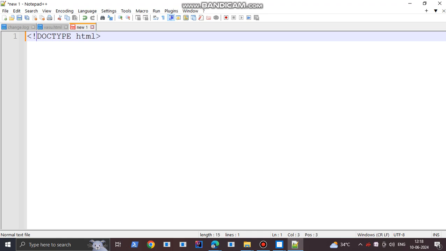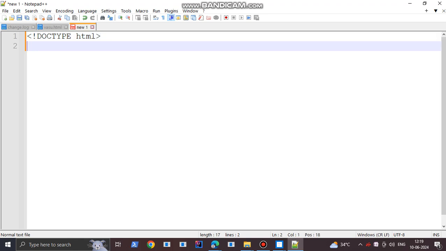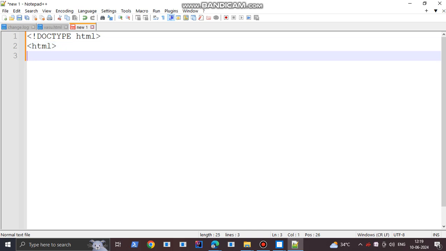We need to keep an exclamation mark here. doctype html means this is the HTML5 version. Then we need to keep the root element, the html element, also called the start tag of HTML, or the HTML section.